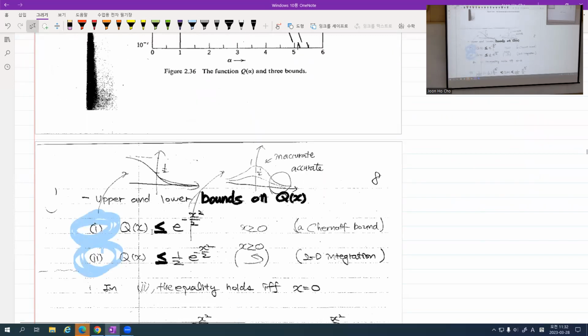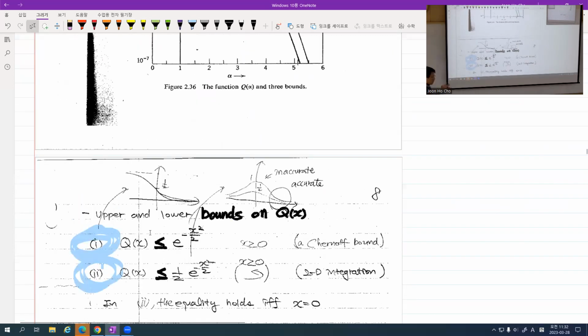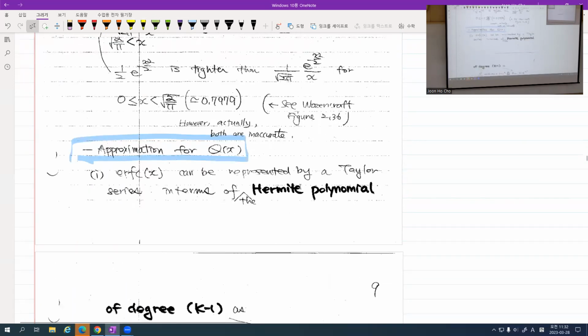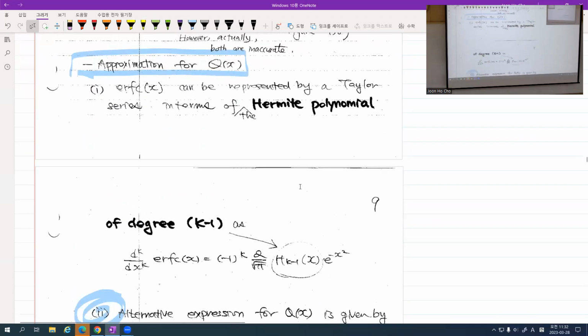So what you need to remember is that sometimes you may need some upper and lower bounds to handle in your problem. Then remember this figure, okay? Also, people have tried a lot of different approaches. And there is also an approach using